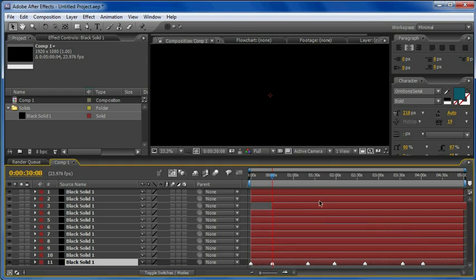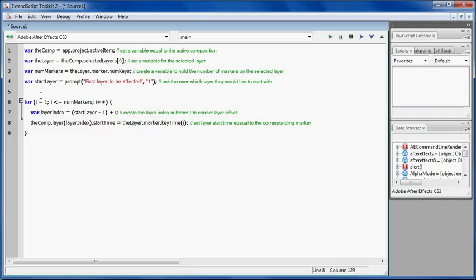And you can see that every time we're running the script, we have to undo it one layer at a time. And if you had 100 markers or 200 markers or 1,000 markers and you made a mistake, you would have to undo it 1,000 times. But there's a way to get around that. So what we're going to do